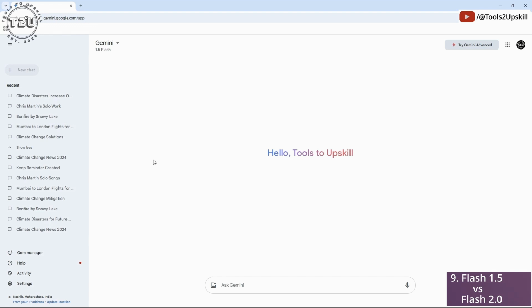And the second thing that I noticed was when I asked Flash 2.0 to explain an infographic, it started to collect data from my Google Workspace, from my PDF. And as Gemini has already given a disclaimer that it may not work as expected,